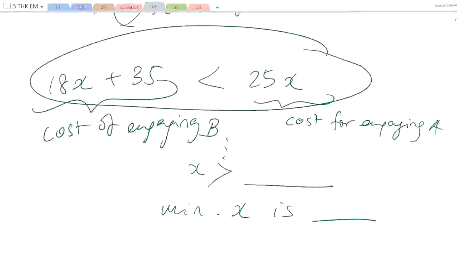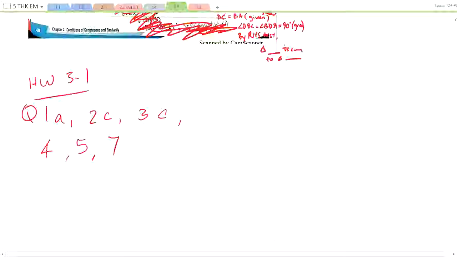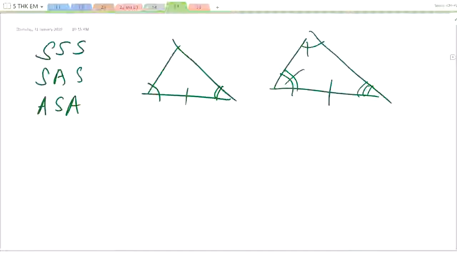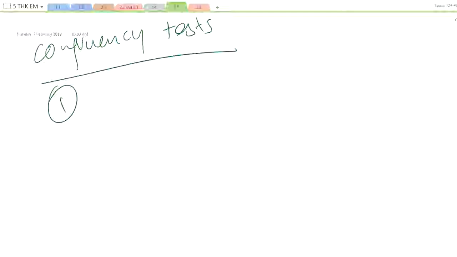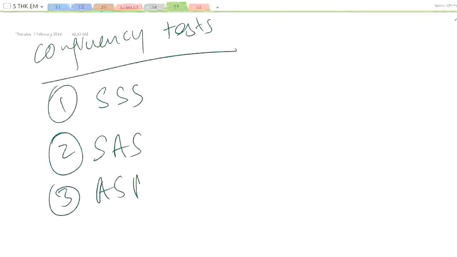Now, congruency. What were the tests that we learned? So now we are on 3.1.1. Okay, recap. Congruency tests. Okay, first one, what was it? SSS. Second? This one you memorize, so please memorize now. SAS. What else? ASA. Last one? RHS. You memorize now so that when it comes to your prelims,